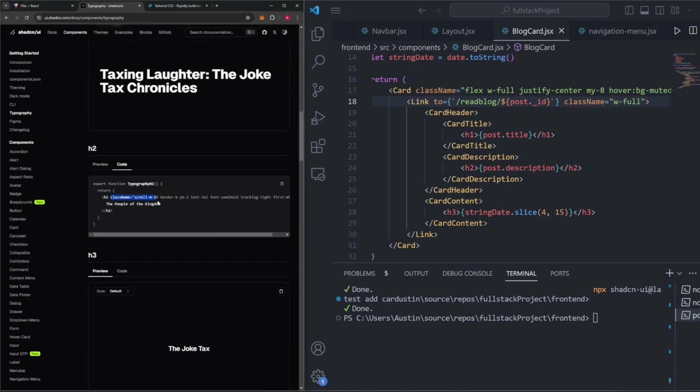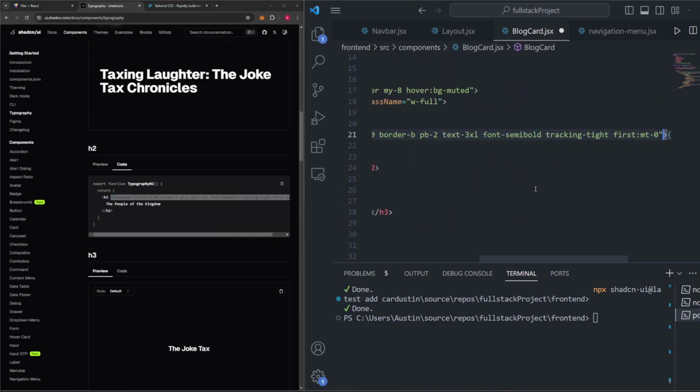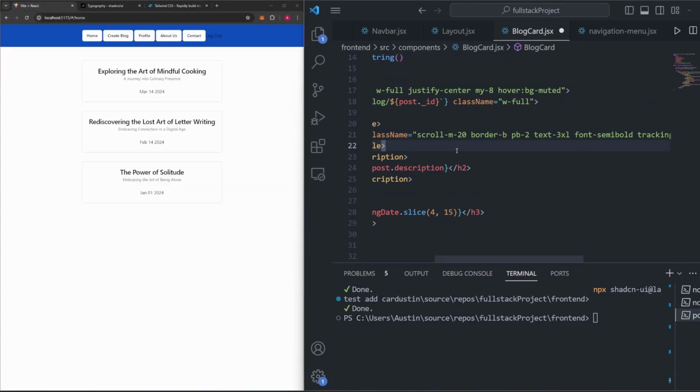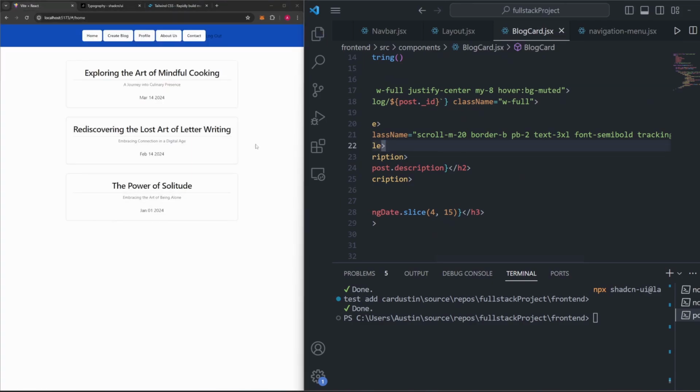So I'm going to take this class name here. I'm going to go ahead and copy all this. And then for our post title, I'm going to paste that in here. Let's look at our page. If I save that, you can see now it looks a bit bigger and a little bit nicer in my